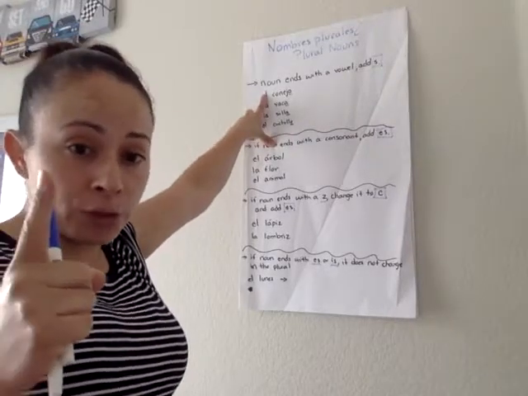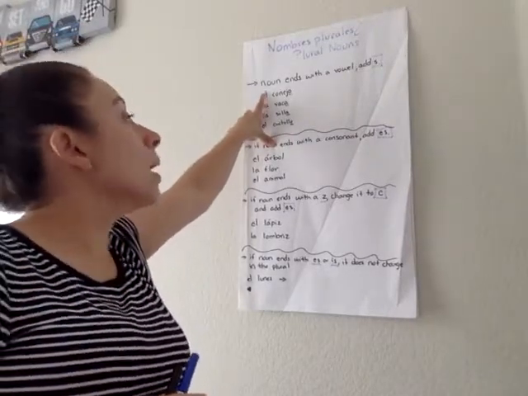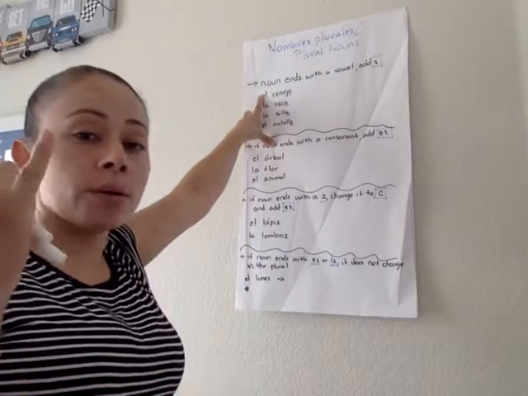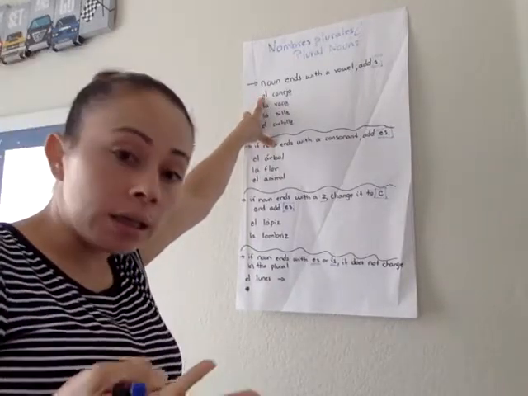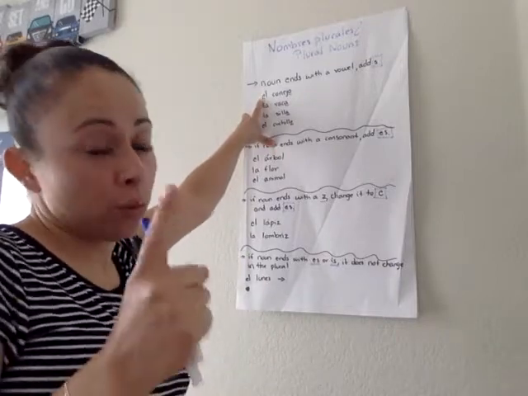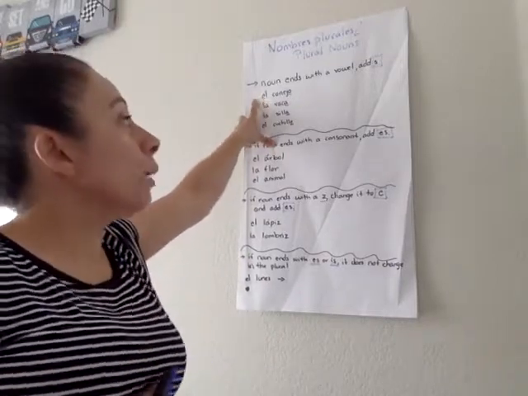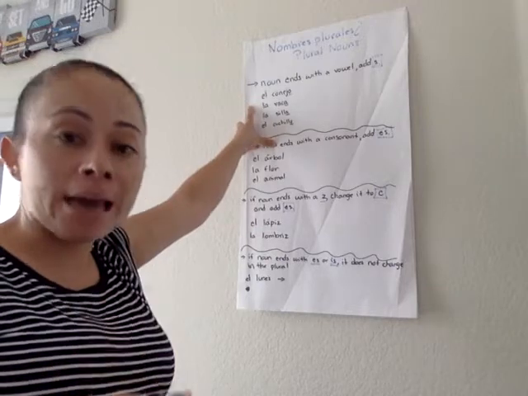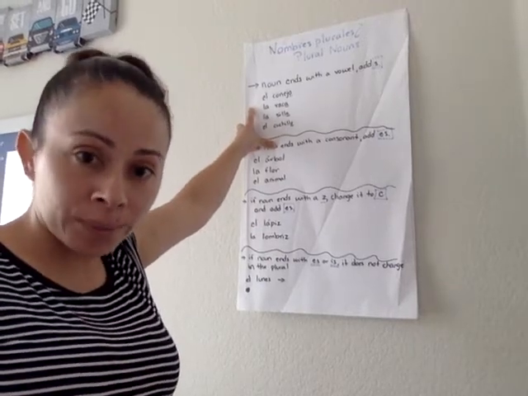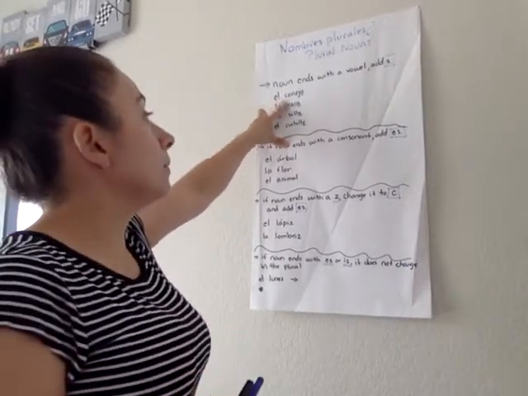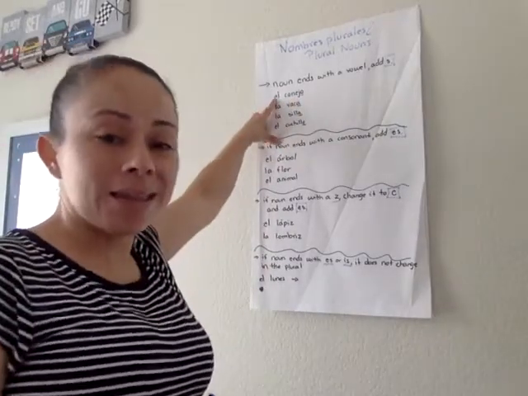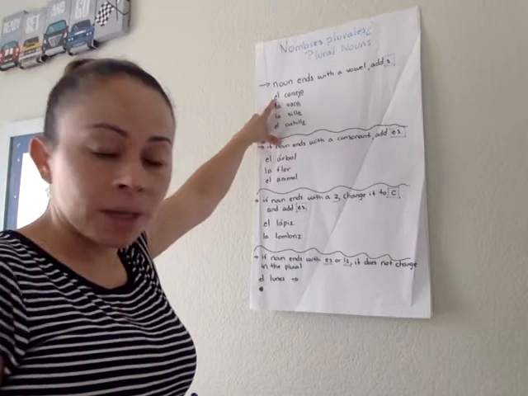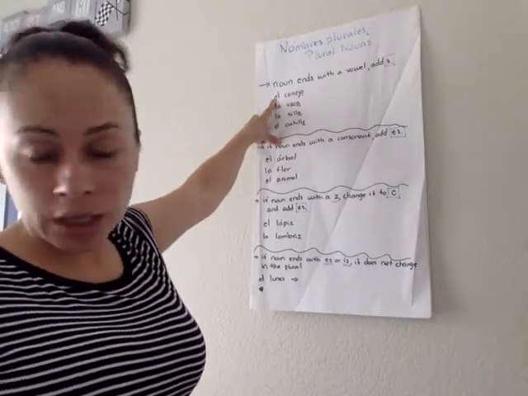First rule. If a noun ends with a vowel, so a, e, i, o, u, then you add an S at the end. So, for example, I have a couple here. We have conejo. Now, obviously, the definite article is also going to change to its